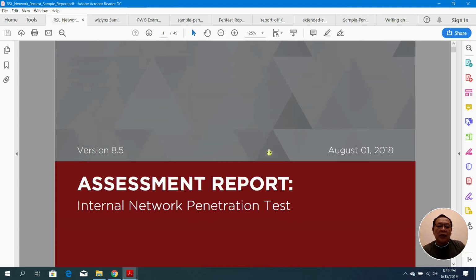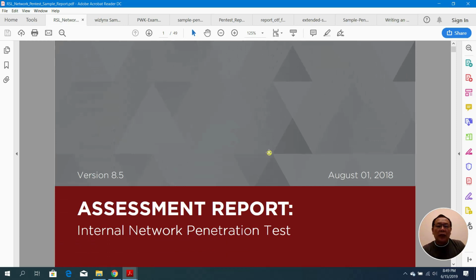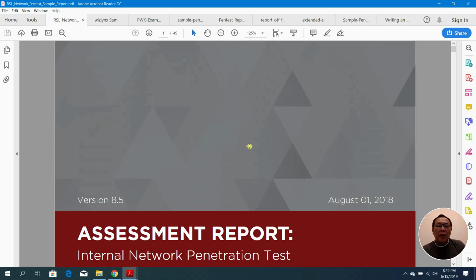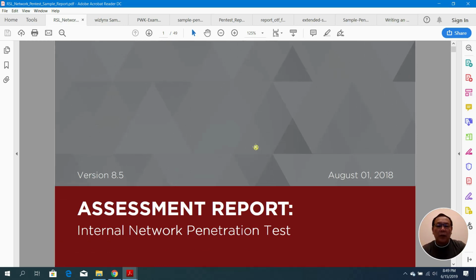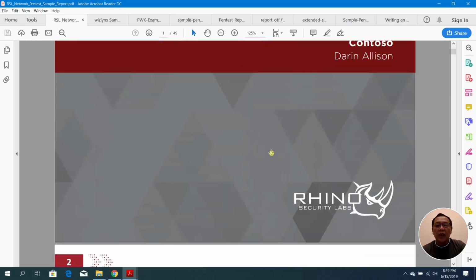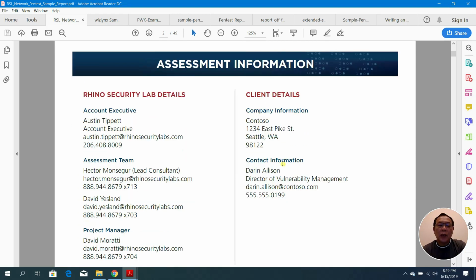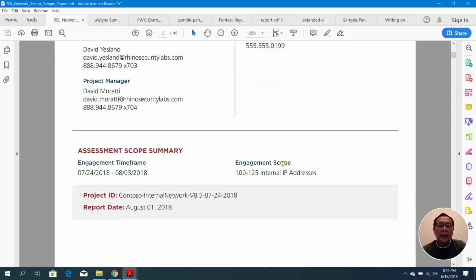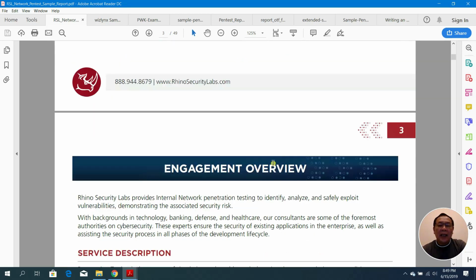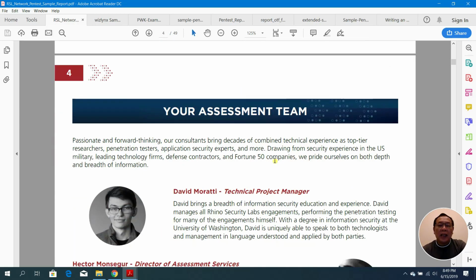So this is just an example of the assessment report for the internal network pen test. I was able to grab some sample reports. This one is actually created by Rhino Security Labs. They have assessment information, the client, then the engagement overview, and then the assessment team,